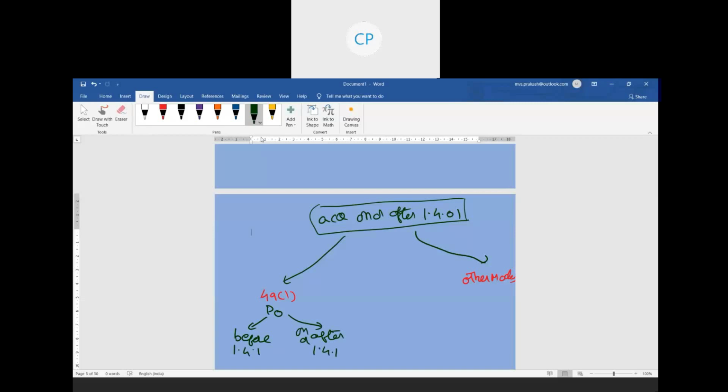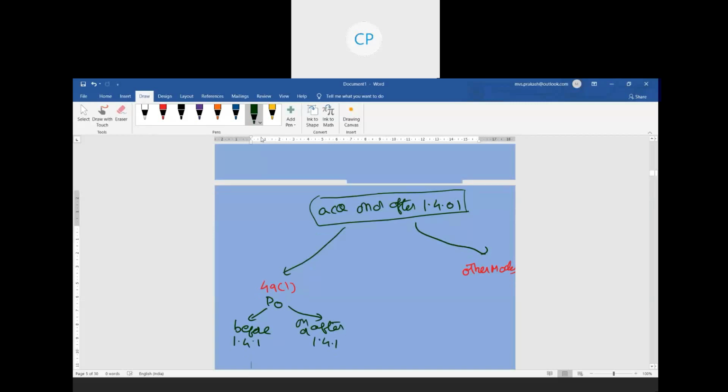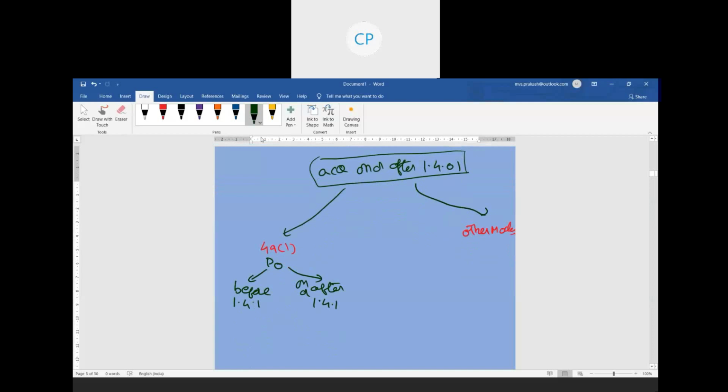Now let us try to get into this particular mode. So here, whenever the previous owner acquires before 1st April 2001, or on or after 1st April 2001, let me take two examples. First, let's look at this case. X is transferring the building to Y. X is a father, Y is a son. X is giving this as a gift. Say, let us consider X has purchased this on 1st April 95, that is, before 1st April 2001.